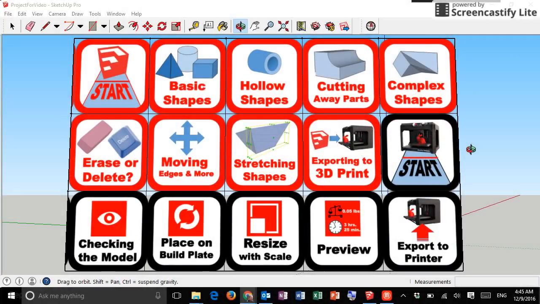Take your idea and make it real using a combination of Google Sketchup and the MakerBot desktop program. In front of you see a wall full of icons, and each one of those is a jumping off point to a specific part with a lot more information. Right now, we're going to get started in Google Sketchup,